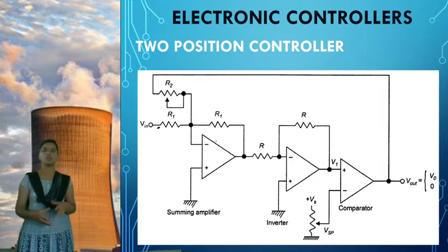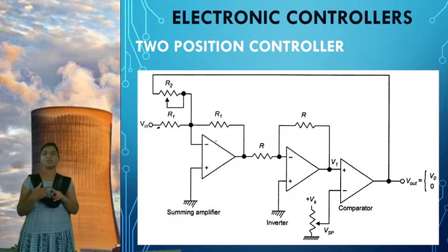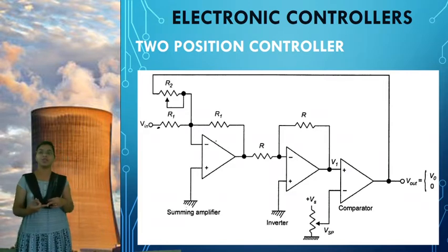So I'll review those topics. Controller modes are basically divided into two categories. The first one is discontinuous controller modes and the second is continuous controller modes. Discontinuous is divided according to the operation that produces two-position, multi-position or floating type control systems. In the continuous controller modes, based upon the mathematical expression we are performing, those are divided into individual as well as composite.